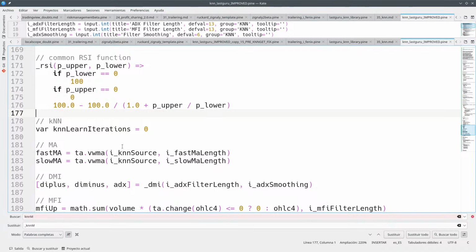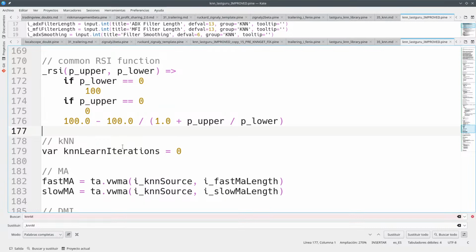So I don't understand this. Yeah, okay, so what we can do is